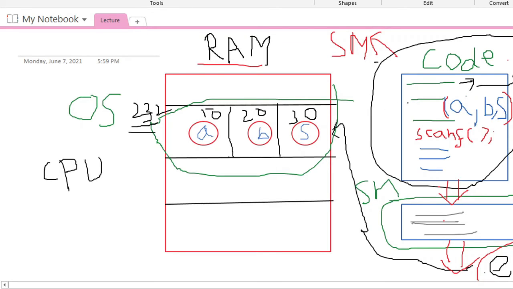So the variable is declared, and whenever scanf is called, remember we have used the ampersand sign here. What does this ampersand sign mean? It means go to this variable's address. What is this variable's address? Suppose our variable is A. Its address is 10. Whenever the user enters a value, suppose it enters the value 4, then 4 will be stored in this variable.